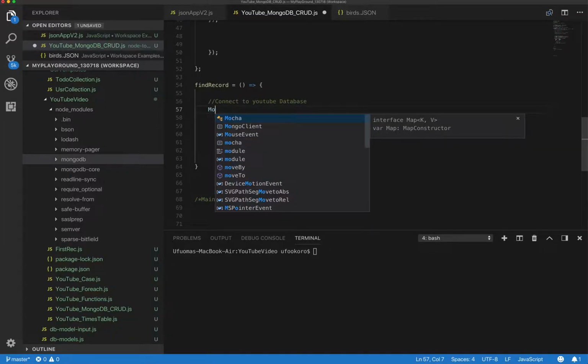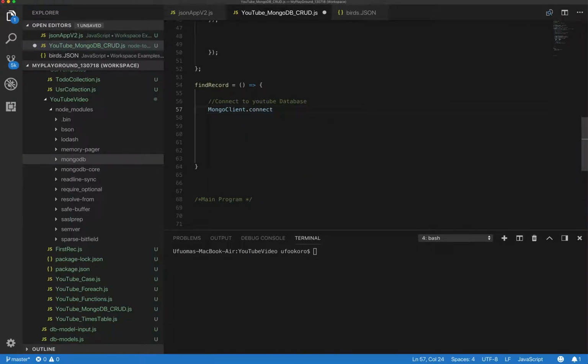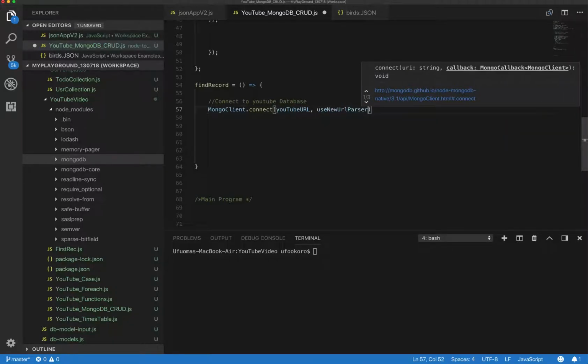So it's MongoClient.connect, and it's the YouTube URL, and we're going to pass it through a new URL parser. I have to put this in curly braces,